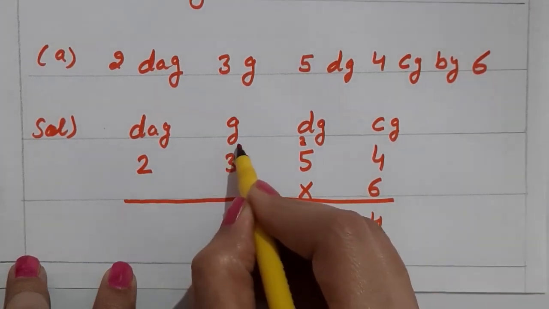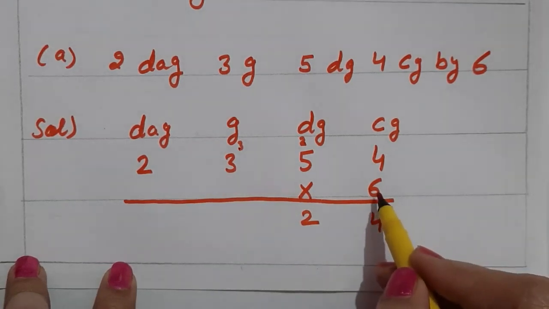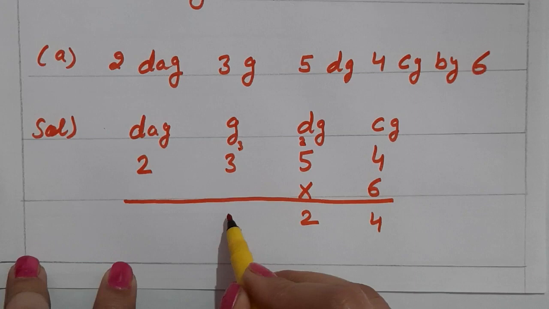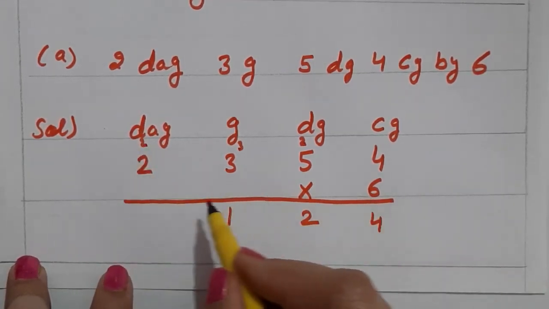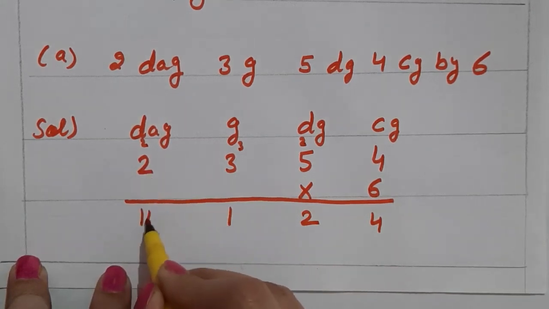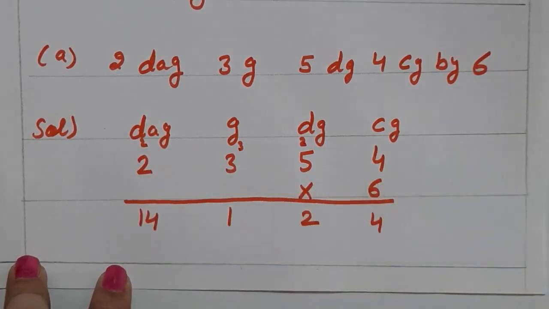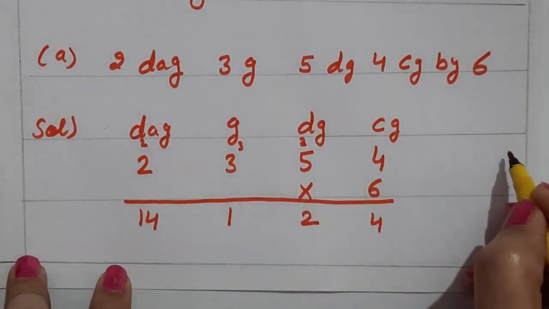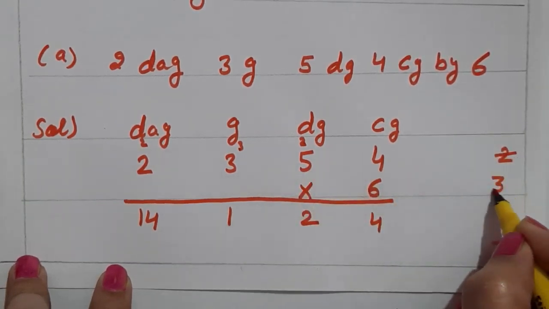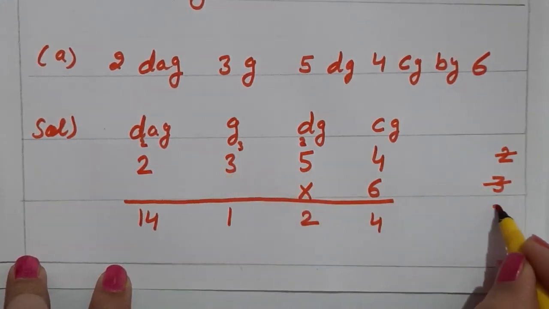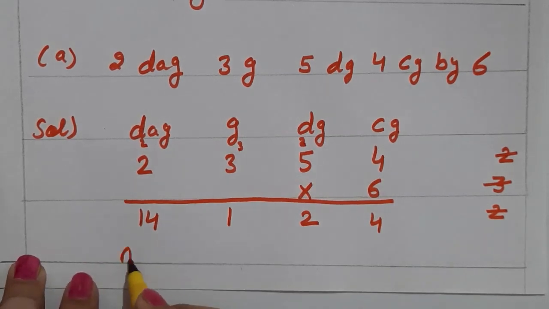2. If you are not writing at the top this carry, that is also okay. 6 3s are 18. 18 plus 3, 21. 1, 2 carry. 6 2s are 12. 12 plus 2, 14. In class 5th, it is not necessary to write down the carries. If you are not writing, you are keeping this in the mind or you are writing here. Sometimes students write like this 2. Then they will cut it, write down the next carry 3. And they will cut the next and write down the next carry 2. That is also okay. And at last you will write your answer.